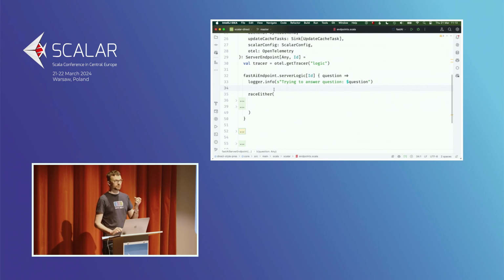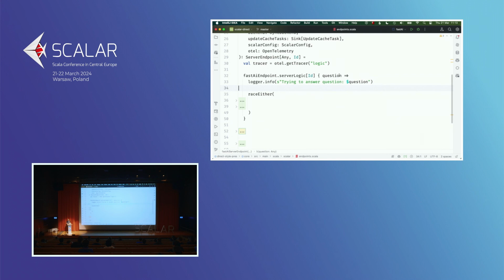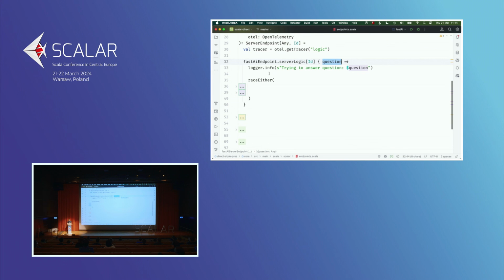Okay, so what we have to do inside this server logic, so we have the question over here, right? And now we want to answer, so we have to race two computations. One of them will query the cache, and the other one will query the LLM. So we want to do a race. And this raceEither method,